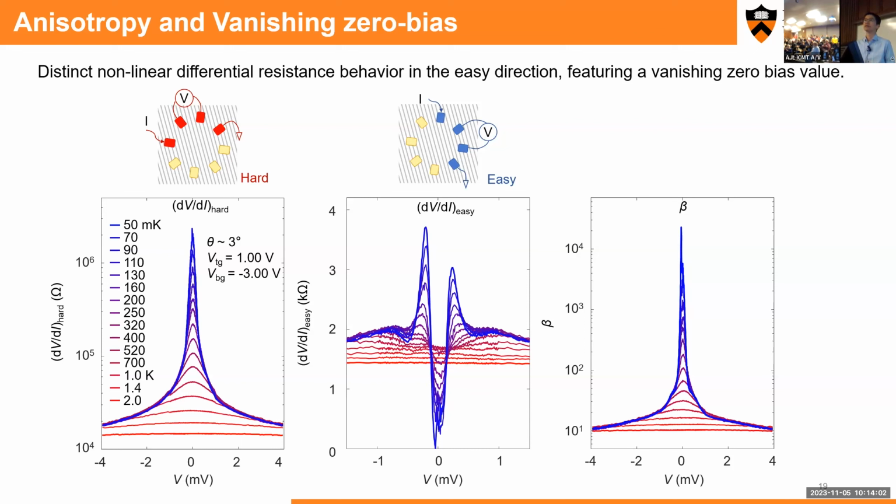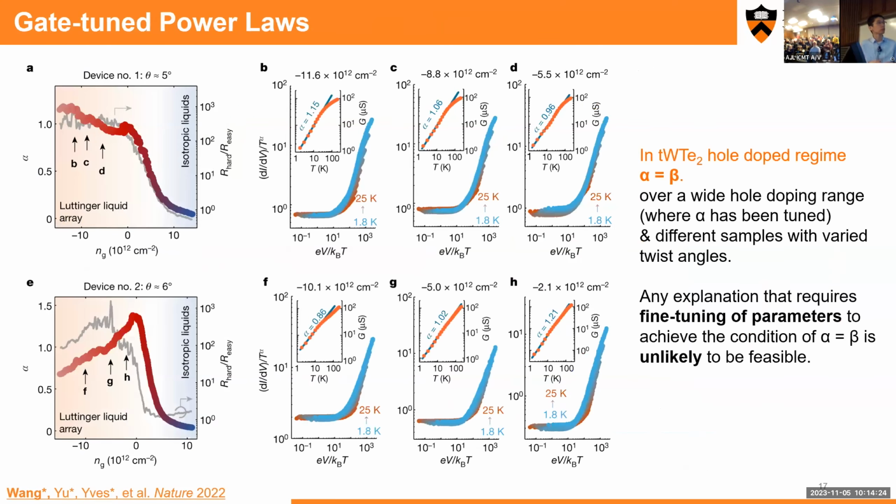The question is, does one understand on what the alpha depends? You have one example with the twist angle of 3 degrees, where the alpha was 1.5. Is there at least a quantitative understanding of what the reference alpha is, and how to change it? That's a great question. First of all, by tuning the gating, we can change the alpha a little bit, as we show here at different angles. And second, if you change the twist angle, you can definitely change the alpha.